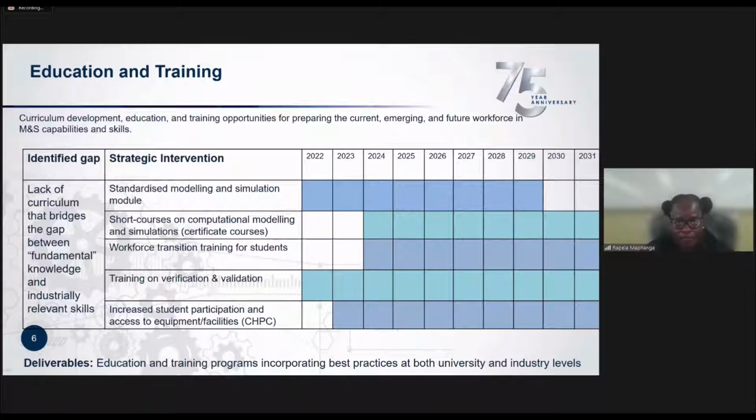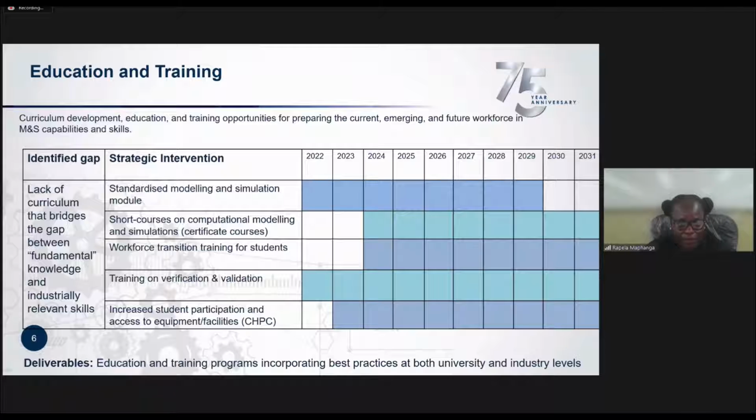We can have some short courses on modeling and simulation. I know that the HPC has been doing some work in training, particularly for students. It might not necessarily be on modeling and simulation, but I'm aware that they are running several programs on training students. And also we can have some strategic interventions on workforce transition training for students, training on specific issues like verification and validation